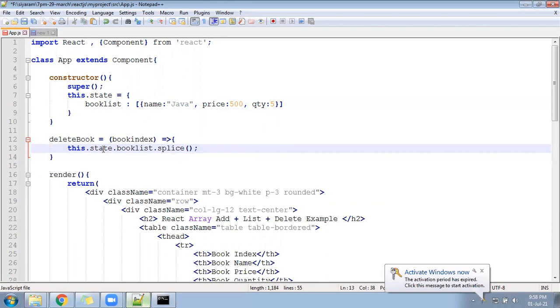It is going to work everywhere. You will keep the first parameter as bookIndex and the second parameter as 1. That's a simple JavaScript function. It will help you to delete the element.